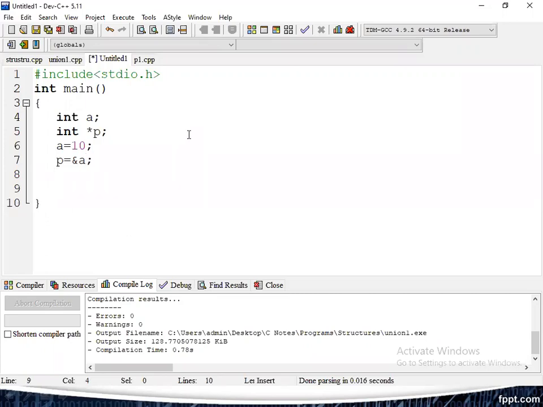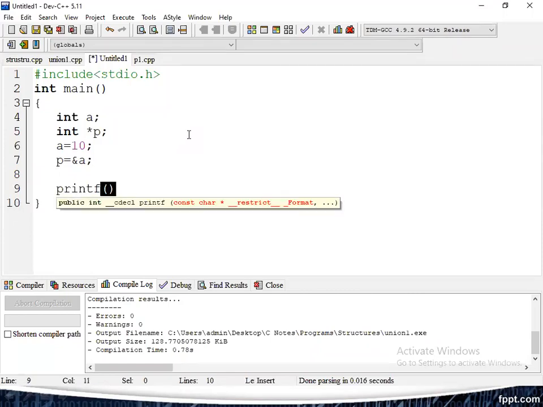Let us print the output. Printf, enter the... next printf, address of a slash n, address of a percentage d, ampersand a.